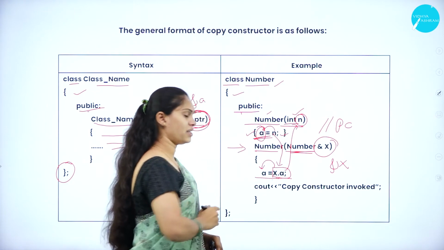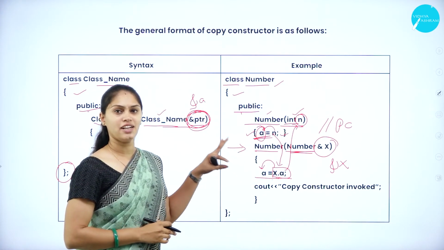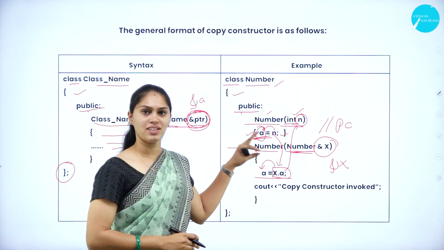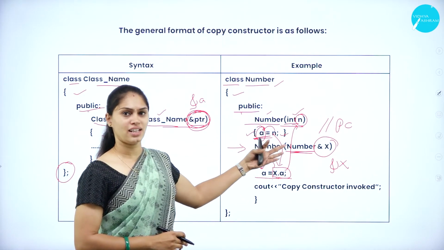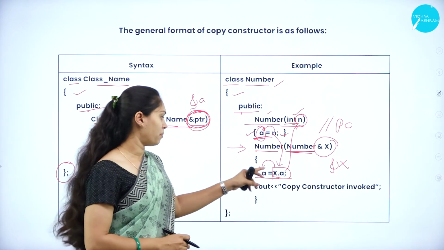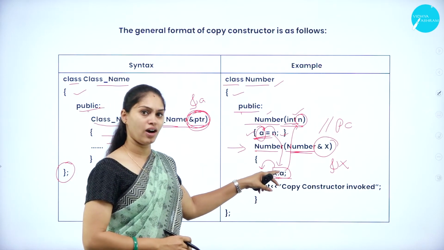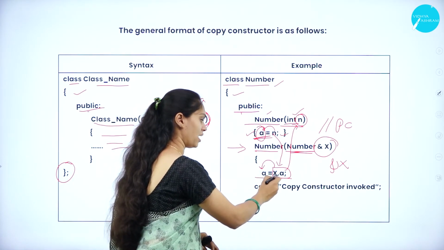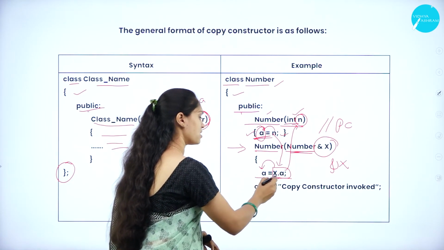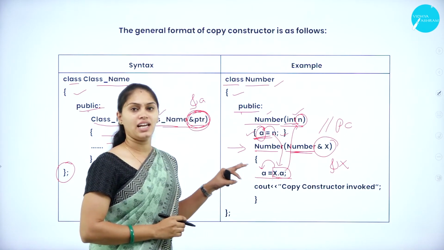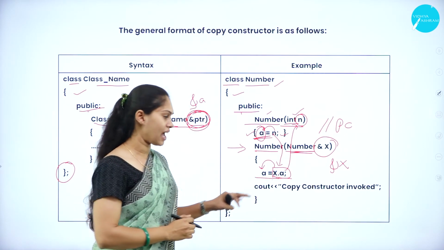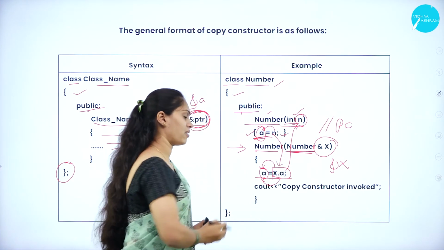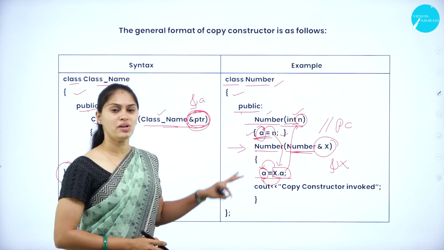So in this parameterized constructor, I need to initialize it with some values. When I send that value, it will be copied to this a, accessed with the help of the object name, object x, with the dot operator, mainly to access the data variable of a class. The value which resides in n will be copied to this a variable.